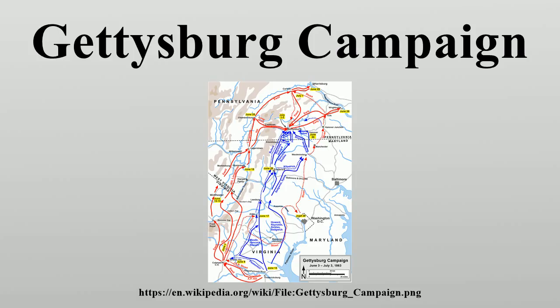On July 3, Lee focused his attention on the Union center. The defeat of his massive infantry assault, Pickett's charge, caused Lee to order a retreat that began the evening of July 4. The Confederate retreat to Virginia was plagued by bad weather, difficult roads, and numerous skirmishes with Union cavalry. However, Meade's army did not maneuver aggressively enough to prevent the Army of Northern Virginia from crossing the Potomac to safety on the night of July 13–14.